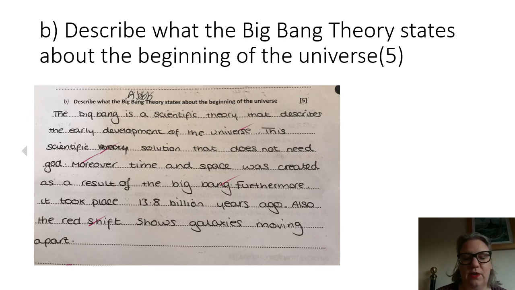Okay, so there's something on here that I'm not completely happy with, and that's here. So they have said that the structure they're going to use is A, B, B, B. And of course we all know, don't we, that the structure you use for a Part B question is 5 sets of A. But I'm being really mean because this candidate does have full marks. And so I'm just going to show you where her knowledge is. So she's told us, first of all, that Big Bang is a scientific theory and that it describes the development of the universe. It might have been better to have phrased that beginning of the universe.